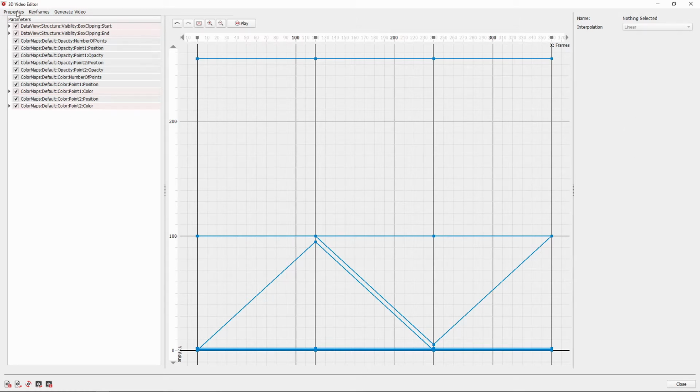In the parameters panel here, we already have the visualization parameters that are currently used and animated. Unfortunately, there is a bug still present in this version of Geodict, which adds more parameters that are not actually used. We will remove them except the upper 2 parameters, box clipping start and box clipping end. To remove a parameter, we right click on the parameter and choose Remove from the right click dialog. We do this for all these parameters now.